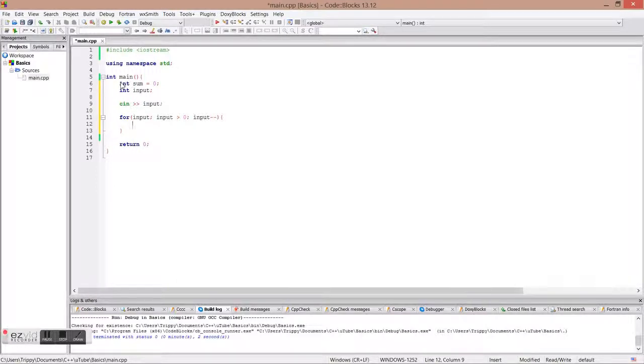Now, in order to make our little math thing work, we could do sum plus equals input. Basically, every time it sees this, sum plus input equals sum. So it's going to store our new amount into sum. So in a blink of an eye, it's going to go: input is 3, 0 plus 3 is 3, 3 plus 2 is 5, 5 plus 1 equals 6. So if we were to print this out on screen,